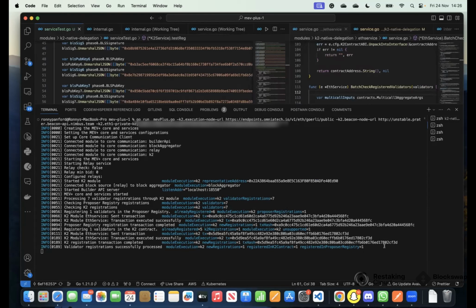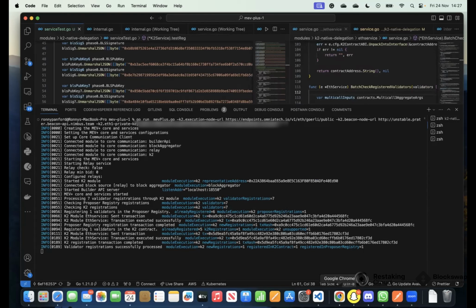That's right, and existing relayers can delete the registration databases that they have, because obviously running a relay is very costly and has huge overhead from a data perspective. So that can be completely deleted. In the builder API spec, there is an SSZ container, the validator registration v1, that has been propagated on chain, and all the relays can sync the proposer registry, so they can completely delete that and just use the on-chain source of truth. And if the validator's kicked from the consensus layer, it'll get kicked from the execution layer as well. So there's no management updates needed, and you don't have to replicate it amongst multiple relayers. It's all taken care of here,